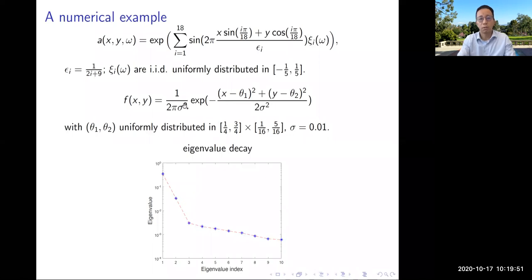And if you find all the solutions and do the singular value decomposition, you can see this decay. This is a log scale. You can see that up to 10, you already reach very good results. Maybe you should retain 15, that's even better, and so on. This shows it does have a low dimensional structure. So basically we simulate 5,000 to 10,000 solutions and put them together into the SVD, and you see this.